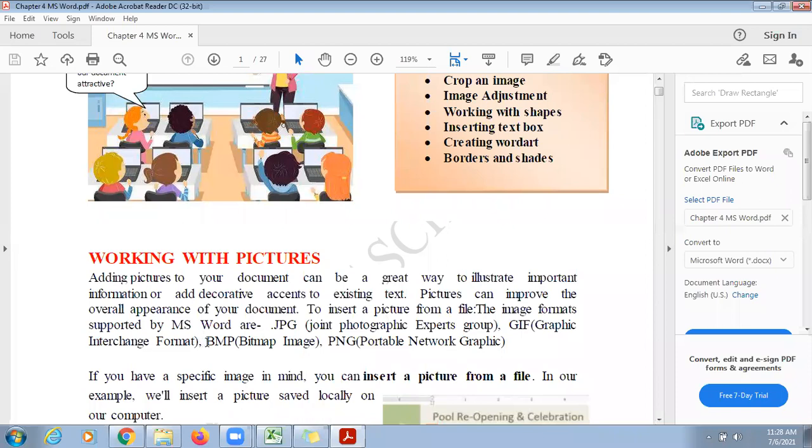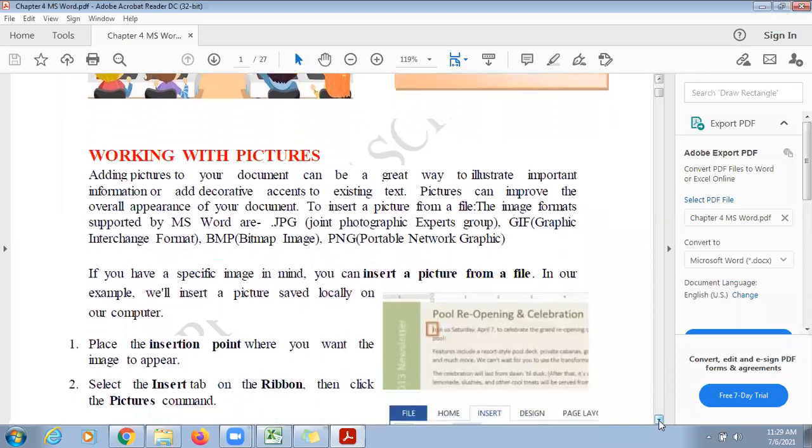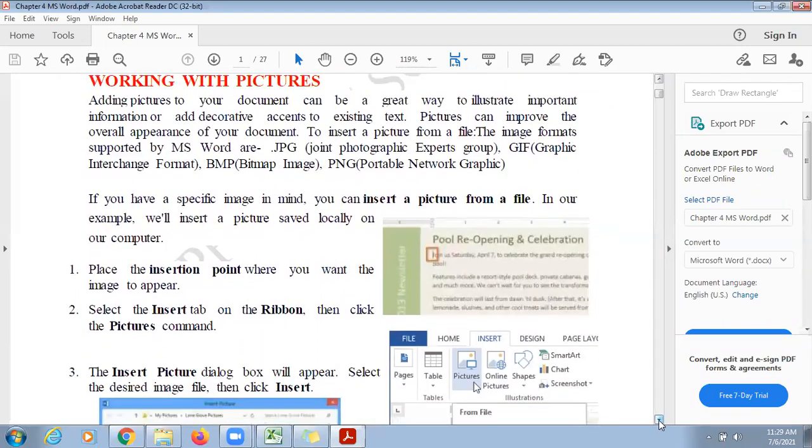There is one more type, that is BMP, the bitmap image. Nowadays we don't use bitmap images because the resolution is very low and there are not many colors in these types of images. Although it looks similar to JPG images, the colors are very few, and they are normally not high-resolution images.